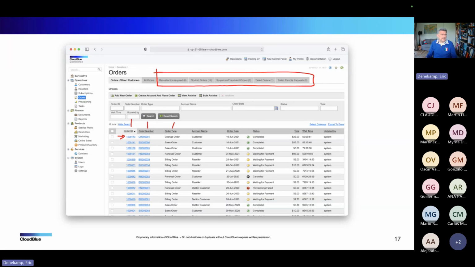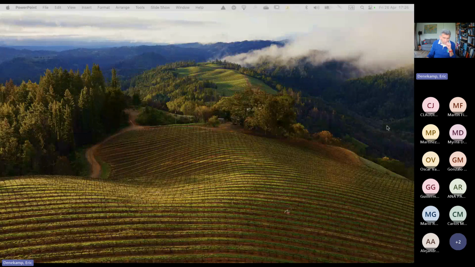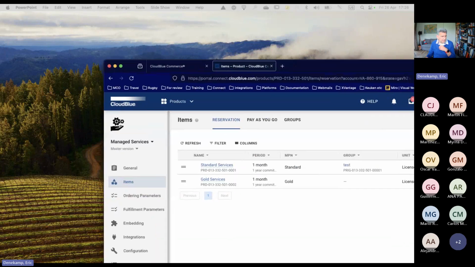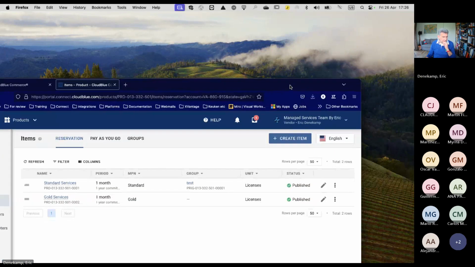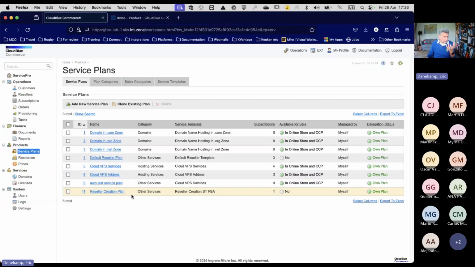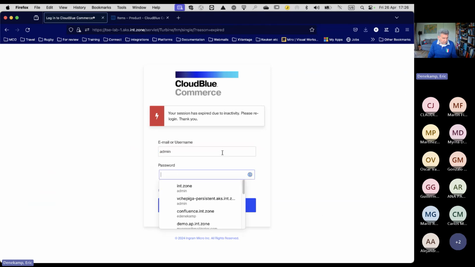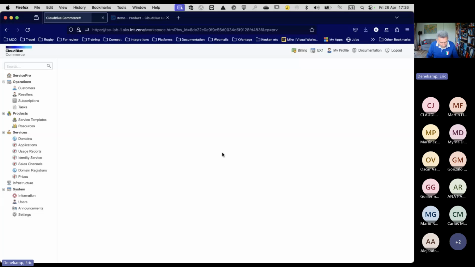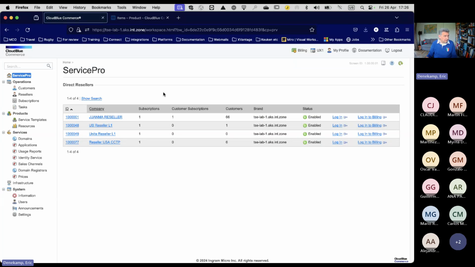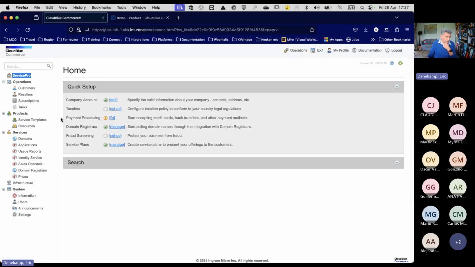So let me cancel this slide deck because the rest we've seen. What I want to go into now is a platform demonstration, where I show you a couple of those things. First of all, if you look at orders, and probably this is not the most interesting thing for you to see at this moment, but if we go to billing and we look at orders,